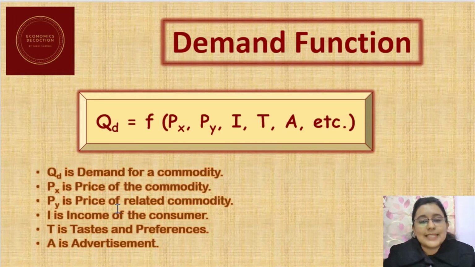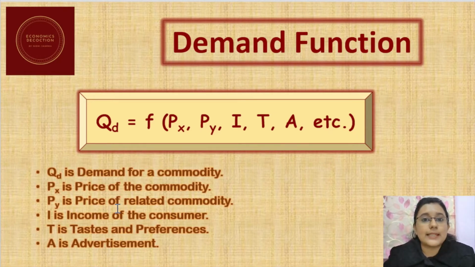Now, let's understand what is demand function. Demand for a commodity has a functional relationship with various factors. As we can see, QD is the demand for a commodity. It has a functional relationship with price of the commodity, that is PX, PY, price of a related commodity, I, income of the consumer, T, that is tastes and preferences,